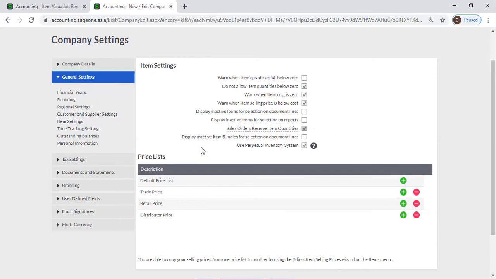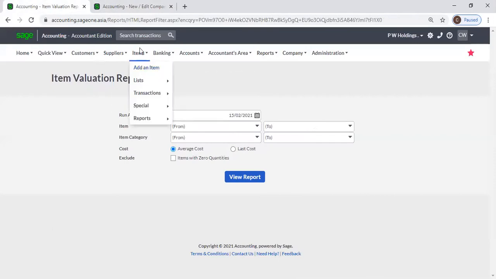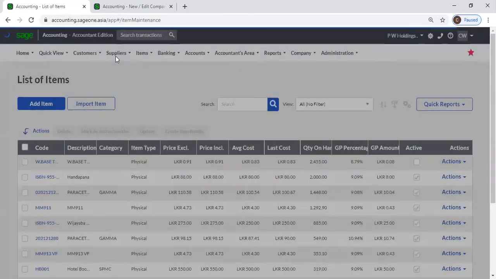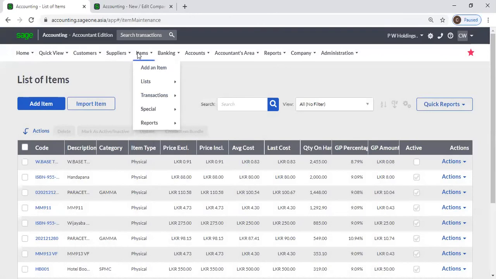Okay, and the next one, display inactive item bundles for selection on document lines. I'll quickly go through those bundle items. Actually, you can get a better understanding when you are doing the transactions or creating master files, but I'll quickly go through these bundle items. Now for example, when you are selling computers, in computers there may be a mouse, keyboard, speakers, system unit, like that there are many parts. Okay, you can create